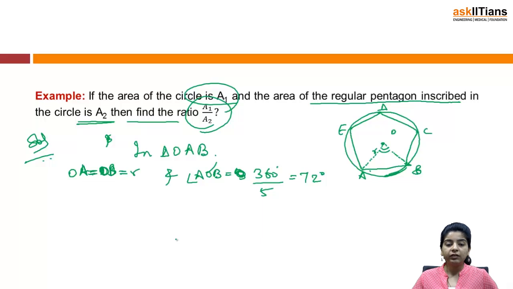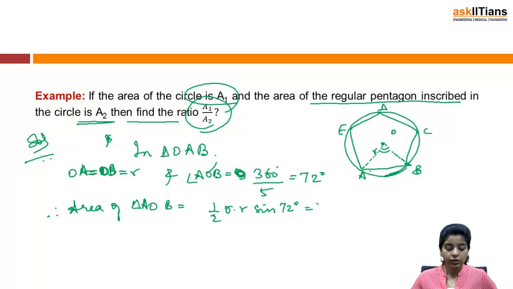Since it's a pentagon, that is, it has 5 sides, this angle would be equal to 360 by 5, which is 72 degrees. Therefore the area of triangle AOB is equal to half R square sine 72 degrees, which is equal to R square by 2 cos 18 degrees,